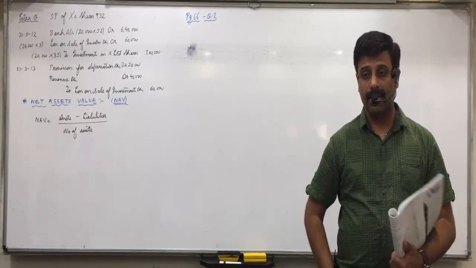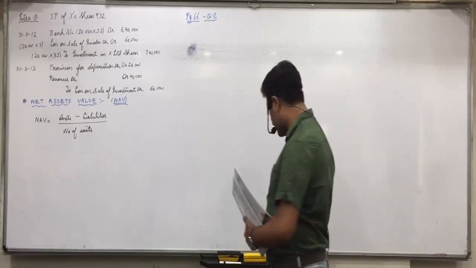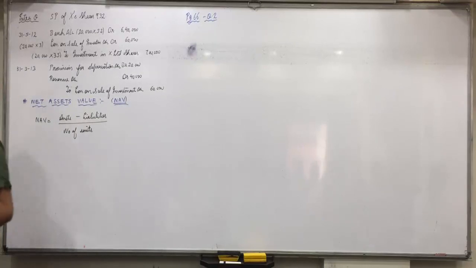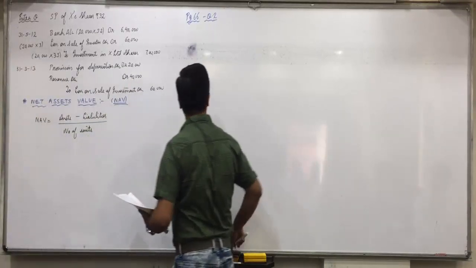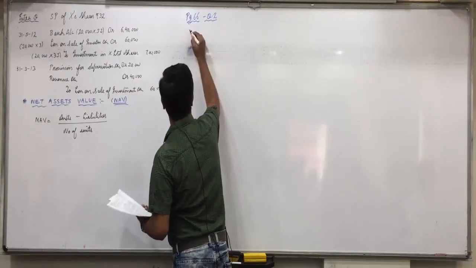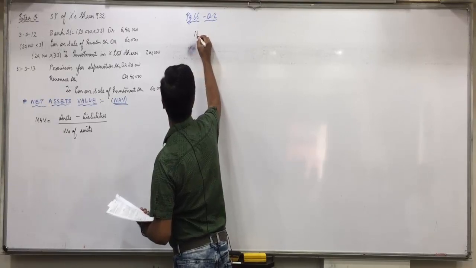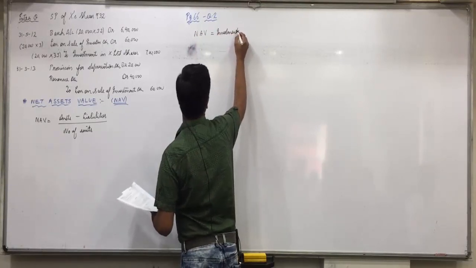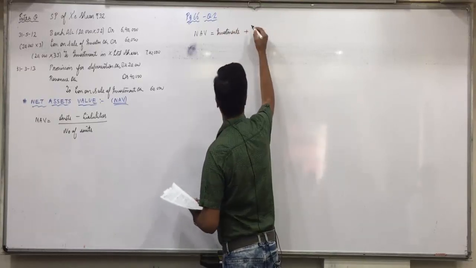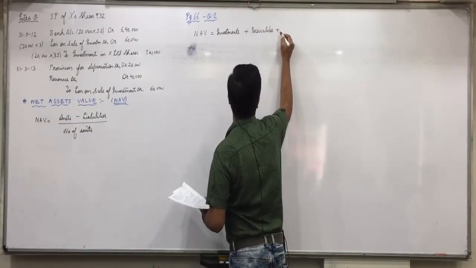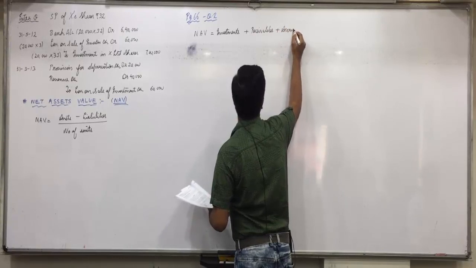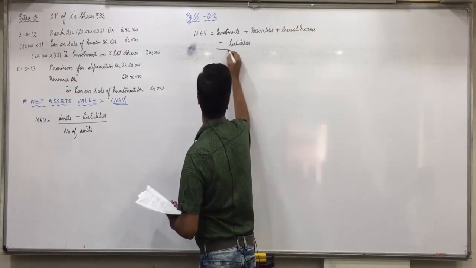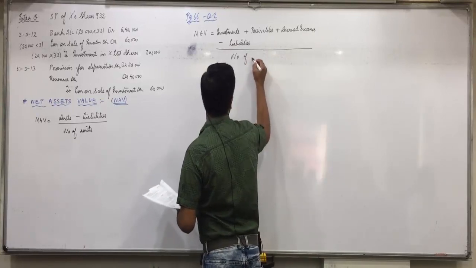Did you understand this? The direct formula is to be applied, but we will specifically mention which assets we are adding and which liabilities we are subtracting. So you write it this way. Question 2, net asset value is equal to investments. In assets, what all do we have? Investments plus receivable plus accrued income. These three are assets, minus liabilities which are directly given, divided by number of units.